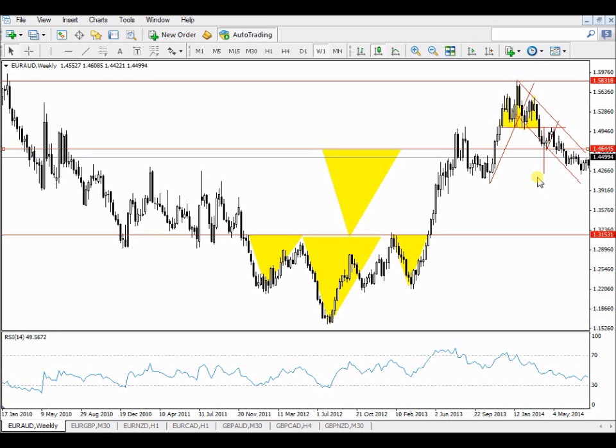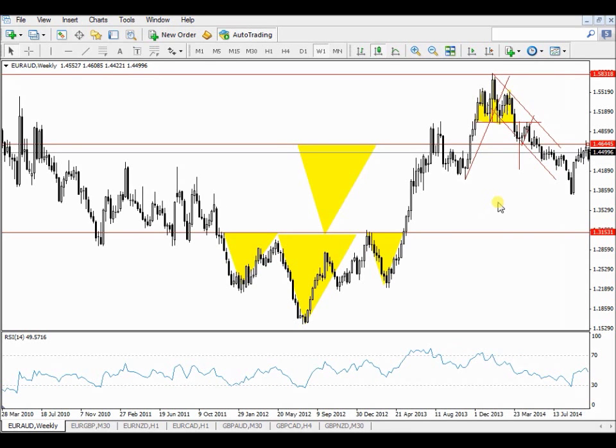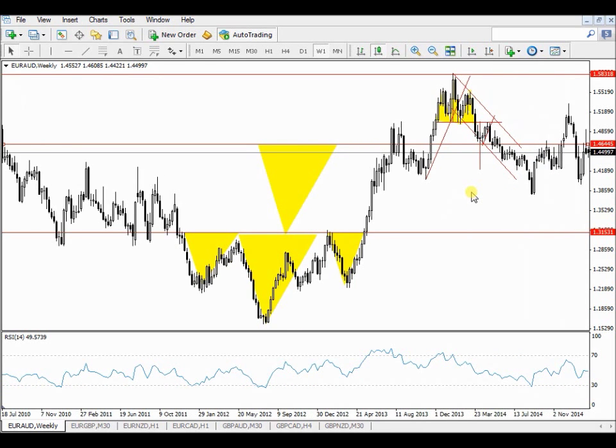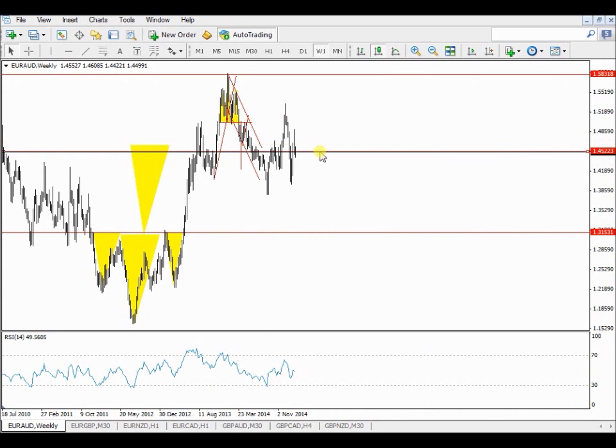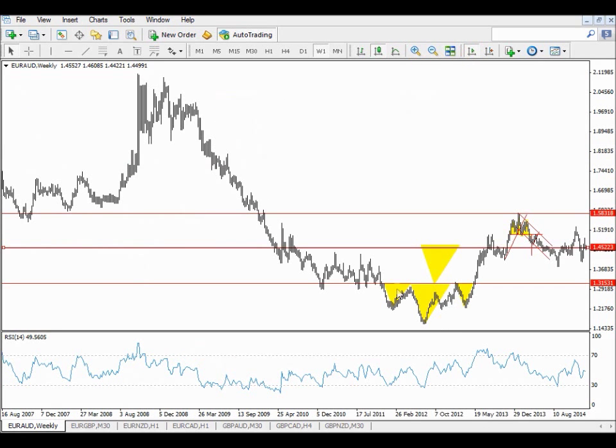Cyril is asking a question: is the head and shoulder pattern a sign of a bearish trade? Cyril, it is a trend reversal pattern. If the market comes down in a bear market, or the sellers are in control, the inverse head and shoulder pattern shows me that the trend is turning. So then I know that the market is going up from there. Head and shoulder pattern is a trend reversal pattern.